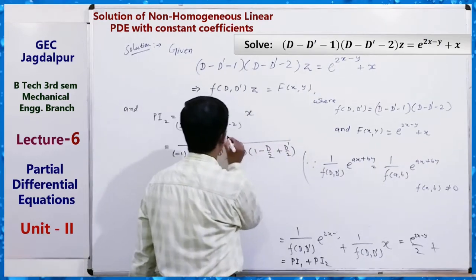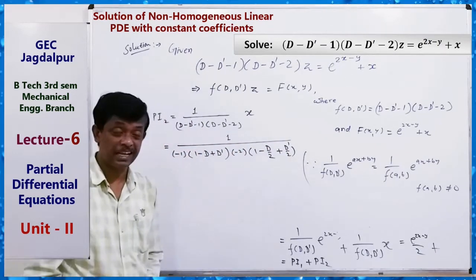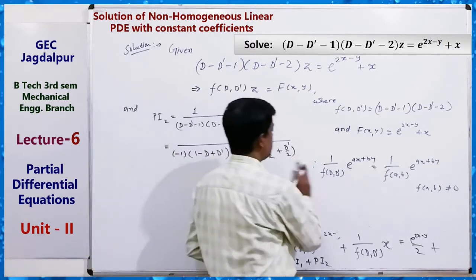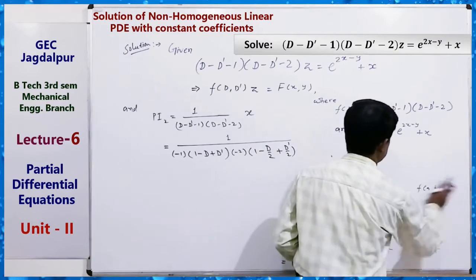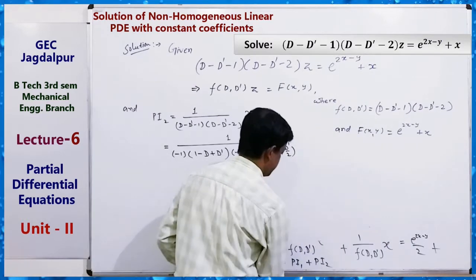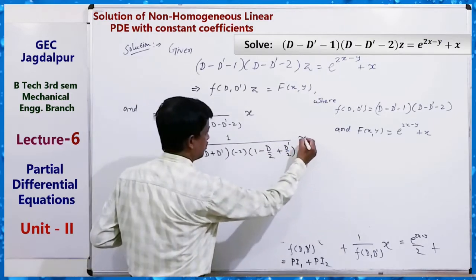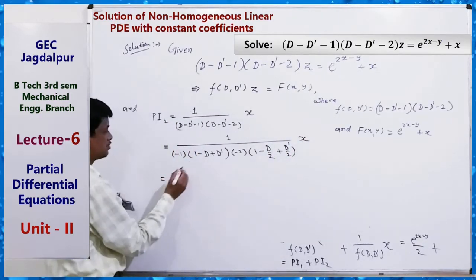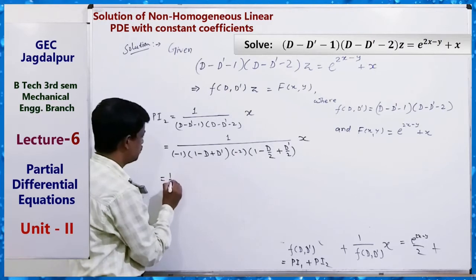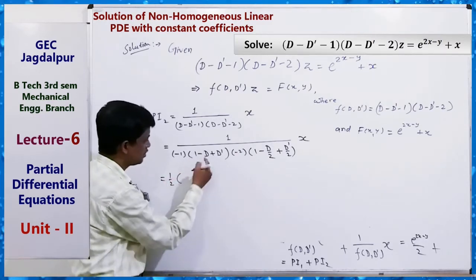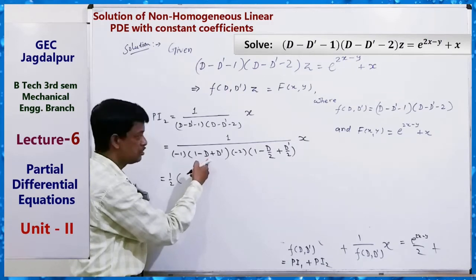1 upon. Because we have to convert it as 1 plus 1 minus x, and then we can expand in binomial expansion. So here in front of x. Clear? So here minus minus plus 2, 1 by 2, 1 by 2 is here. Okay. So 1 minus this, take this to numerator.